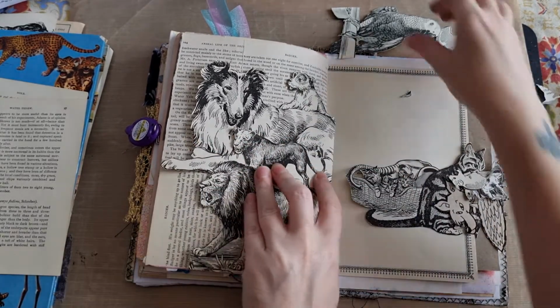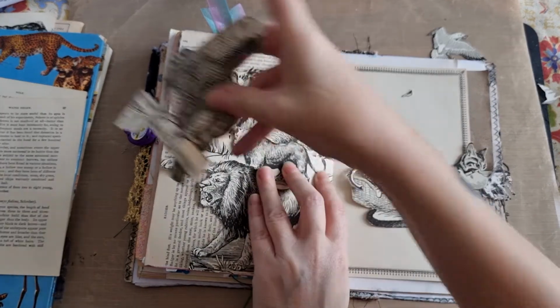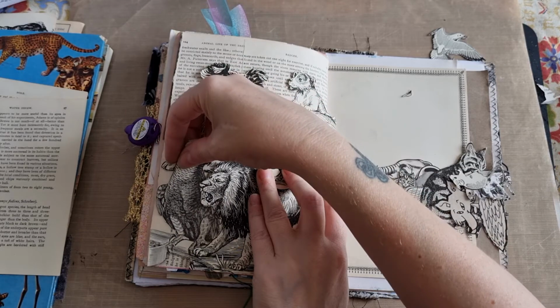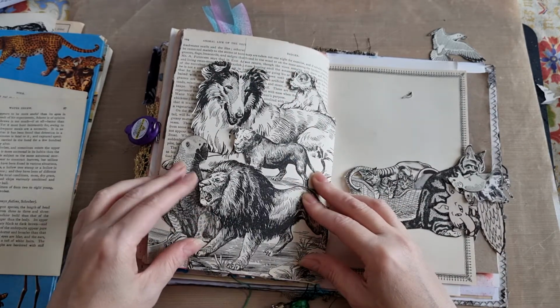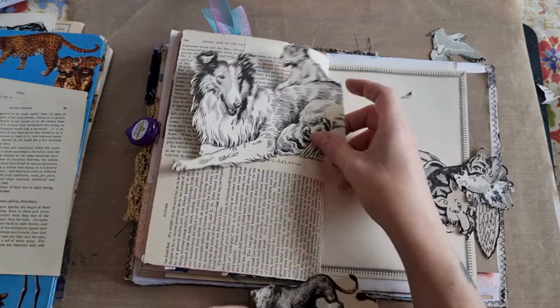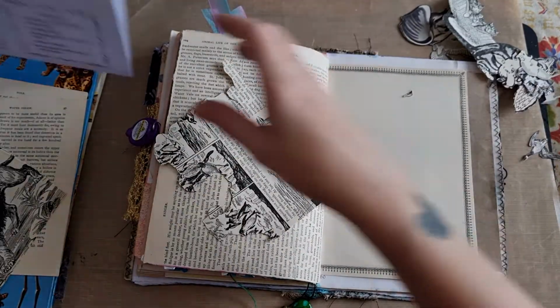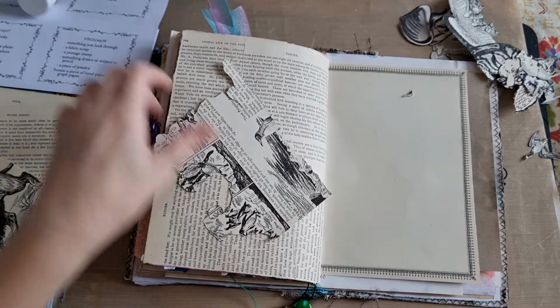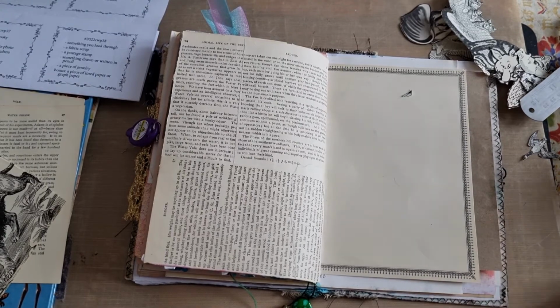But see, I think that looks really cute. And then we've got this, I believe it's a parrot, an African parrot maybe, and they are definitely distinctive, as are dogs. I thought that could go there like that. So what I might do is roughly stick the collie down, because then I might still be putting stuff behind her. So yeah,